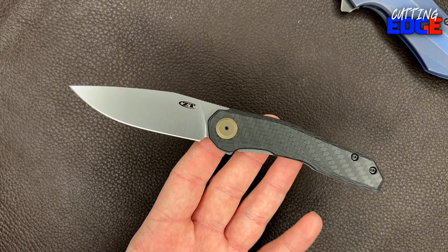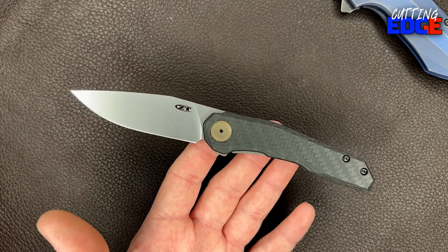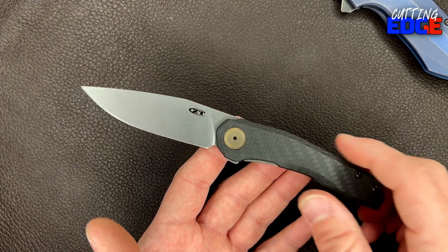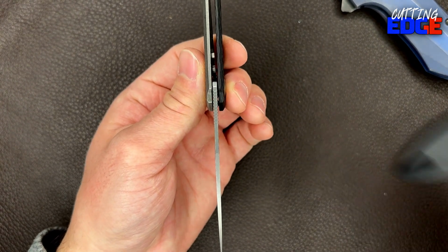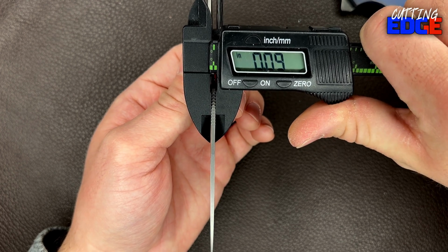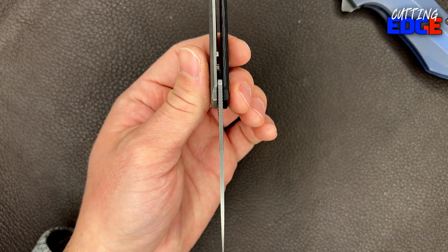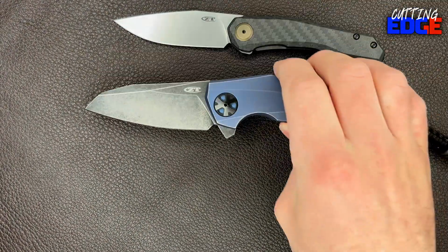But other people have different complaints, such as, why in the world did ZT make a knife with a blade that is 90 thousandths of an inch thick? Okay, it's a fair question. If you're a ZT fan,